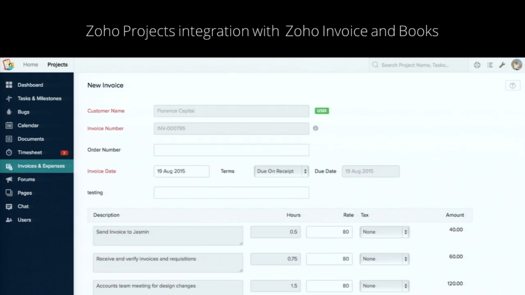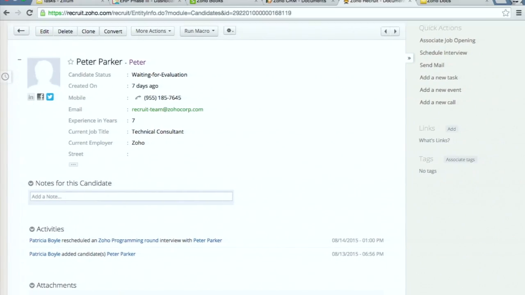Books. Zoho offers accounting applications, invoicing, expense management. Now we are launching inventory, and there are a few other cool things coming. And we have integrated, again, we have several integrations between these applications and a lot more coming. But I want to talk about project management integration with an accounting tool, right? So let me jump and show you the application itself.